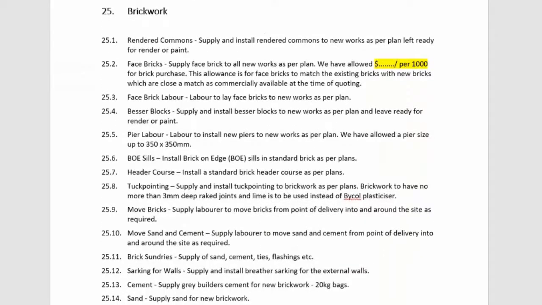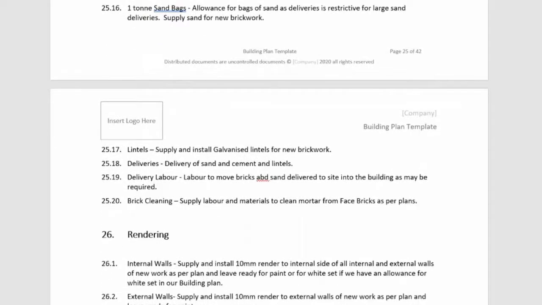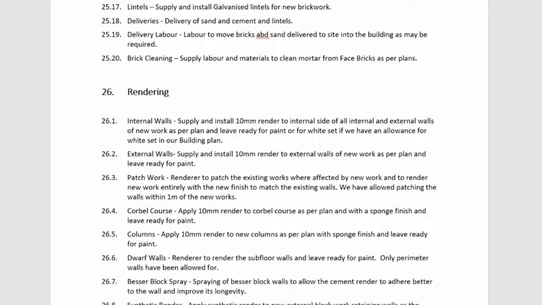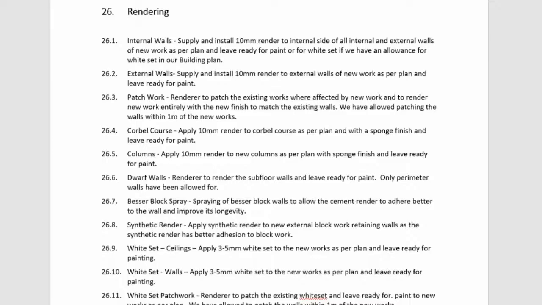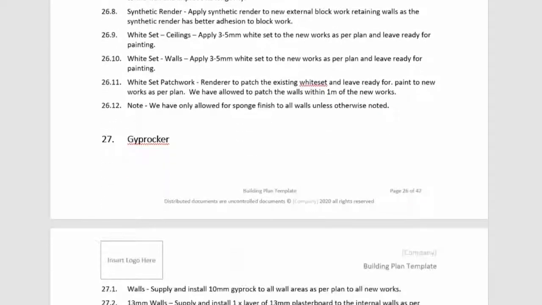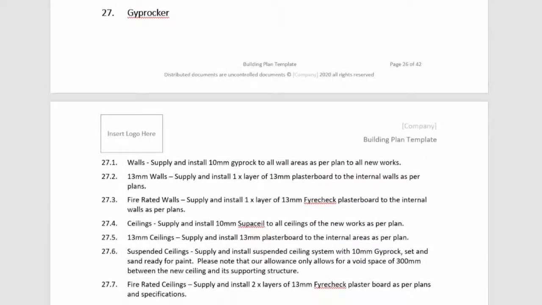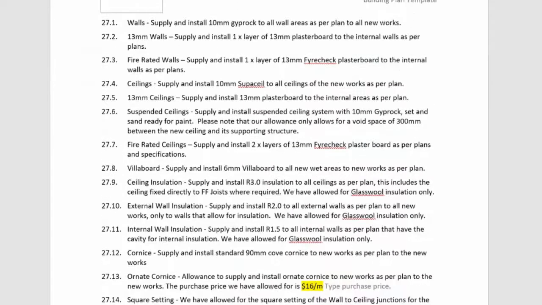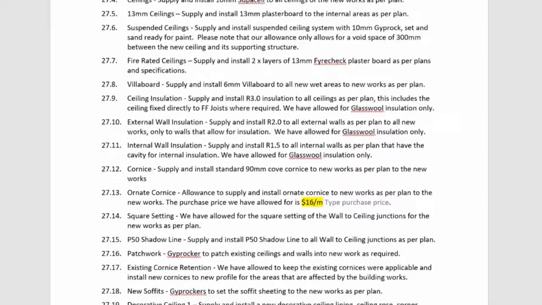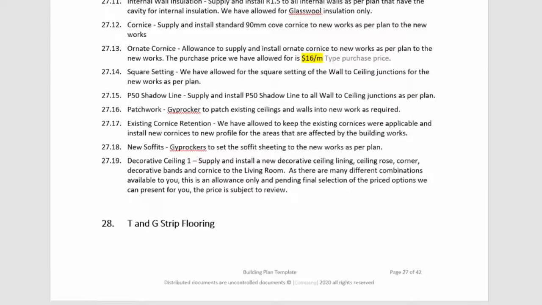Brickwork, face bricks, common brickwork, Besser blocks, any sanded cement allowances, materials. Any lintels you may need, deliveries, rendering, internal, external walls, any patchwork, white set render that might be needed, skim coats, and gyprocking or drywall plaster. What type of walls? Is there any fire check? Ceilings, thickness of the board, type of board, villa boards for wet areas, any cornices, any decorative plaster that may be needed,